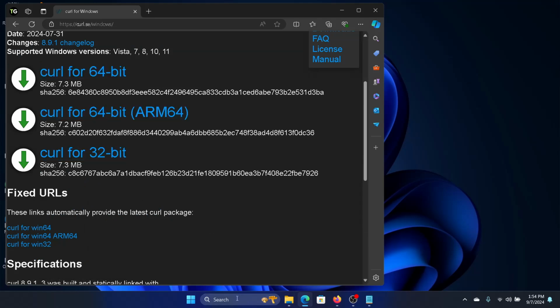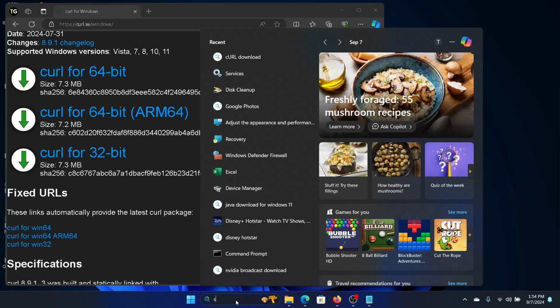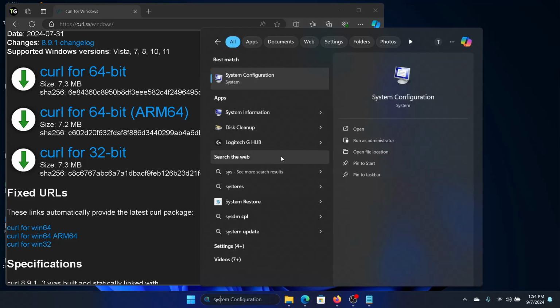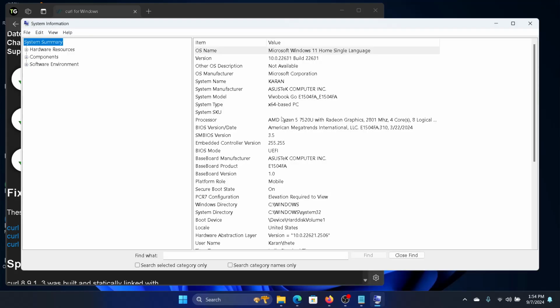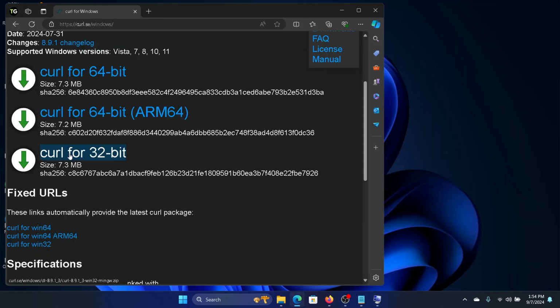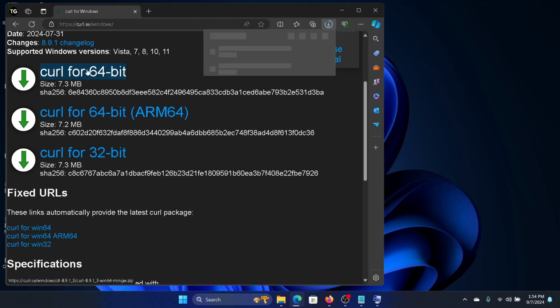Now, how do I know which Windows system I operate? I will look for system information in the search bar and I will look for the system type. Mine is an x64 based PC. If yours is an x86 based PC, then you need to download curl for 32-bit. So since mine is curl for 64-bit, I will click on this